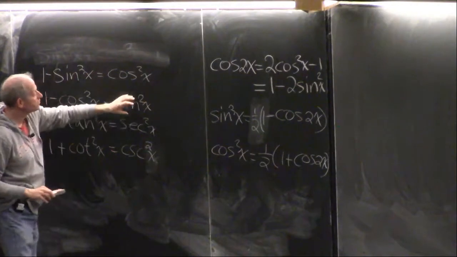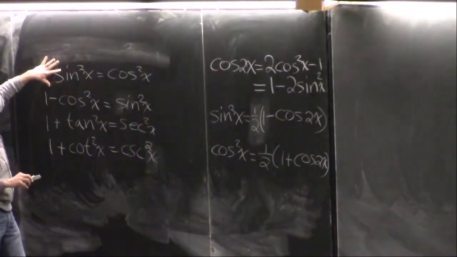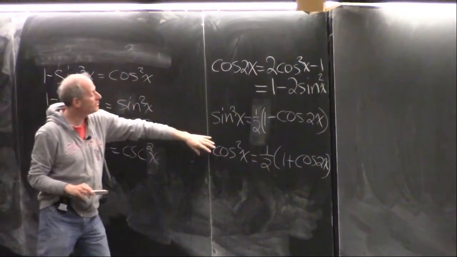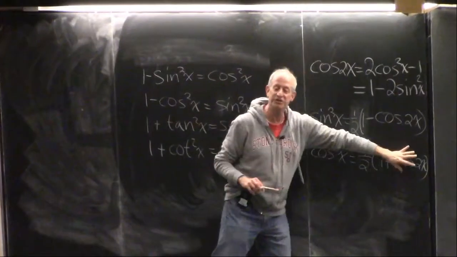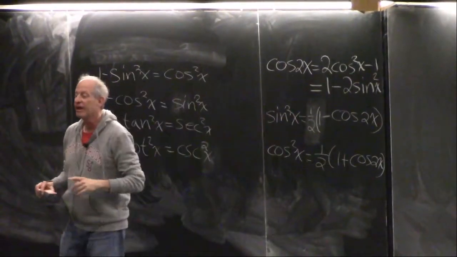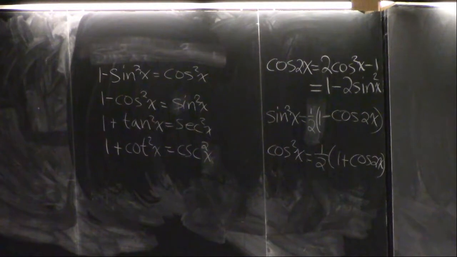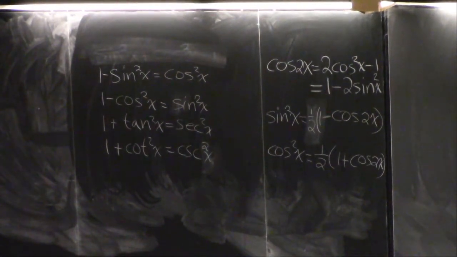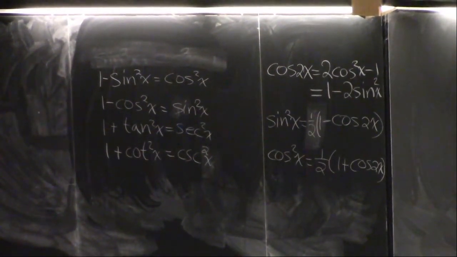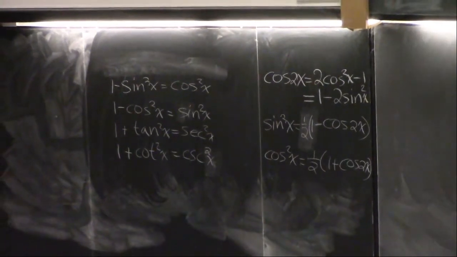Sometimes you're going to see cosine squared, and you're going to want to do this substitution. And sometimes you're going to see cosine squared, and you're going to want to do this other substitution. And you say, how will I know? And the answer is, well, one will work and one will not work. That's really what it is. And as we do them, I'll show you, and I'll say, well, now we're going to use this one, now we're going to use the other one.